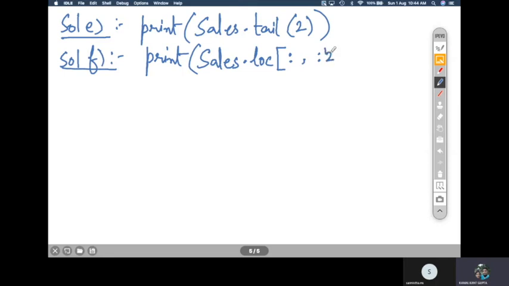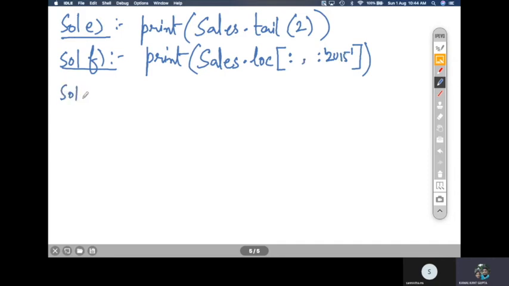This will give you the first two columns for each row, so it will print the sales of the first two columns. You can write it any other way also. You can make use of a list of columns also, no problem. But that is the general syntax which you can use to print the values.